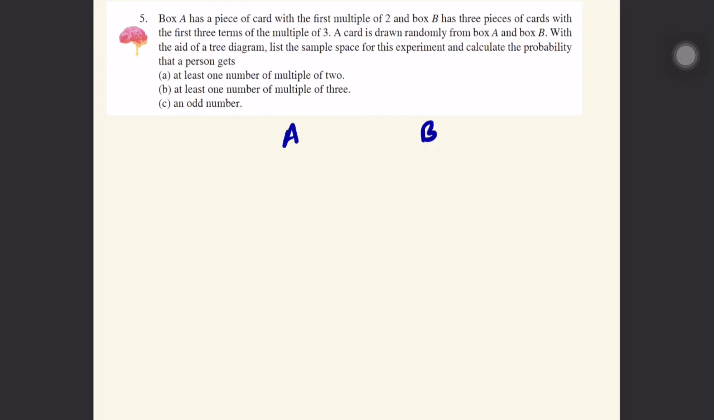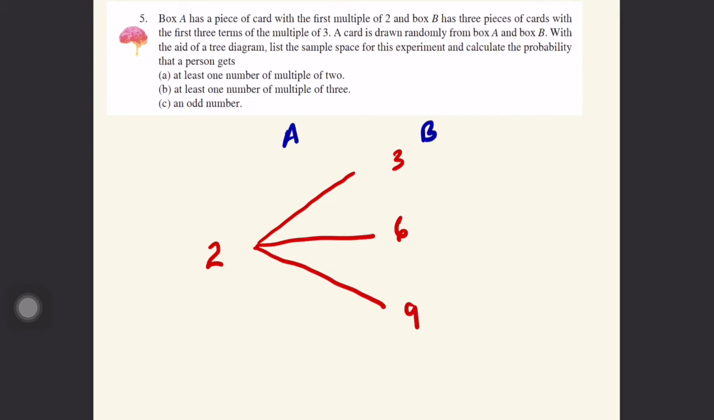Okay, so in box A we have only 2. It says a piece of card with the first multiple of 2. First multiple of 2, that's 2. Okay, so next, that is box A. Next we go to box B. In box B we have 3, 6 and 9. So 3, 6,